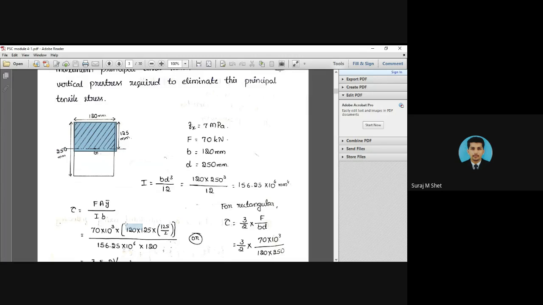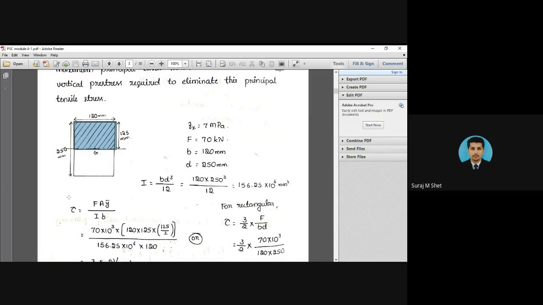You're getting this point, right? This term is nothing but area into Y bar. Whatever the neutral axis is in the rectangular section, you have to calculate the area above it. This is your area and this is your Y bar. So 120 into 125 into 125 divided by 2. You only focus on the area above the neutral axis. You have to focus only on this area. Don't take the whole rectangular section.